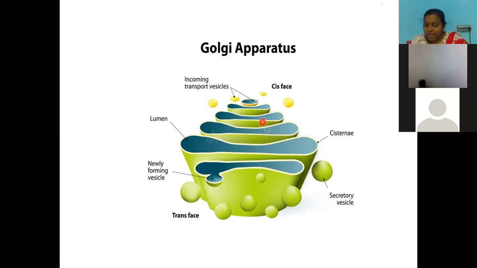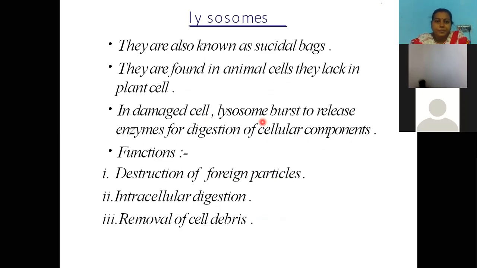Okay, so with this I have today completed our ER and the Golgi apparatus. Let us go for the lysosomes. Okay, see, these lysosomes are also known as suicidal bags of the cell. Students, every cell organelle has its own another name. Like you can see the nucleus, brain of the cell. Okay, ER, endoplasmic reticulum, transporting system. ER is a transporting channel, you can say. Golgi apparatus is a secretory organelle.